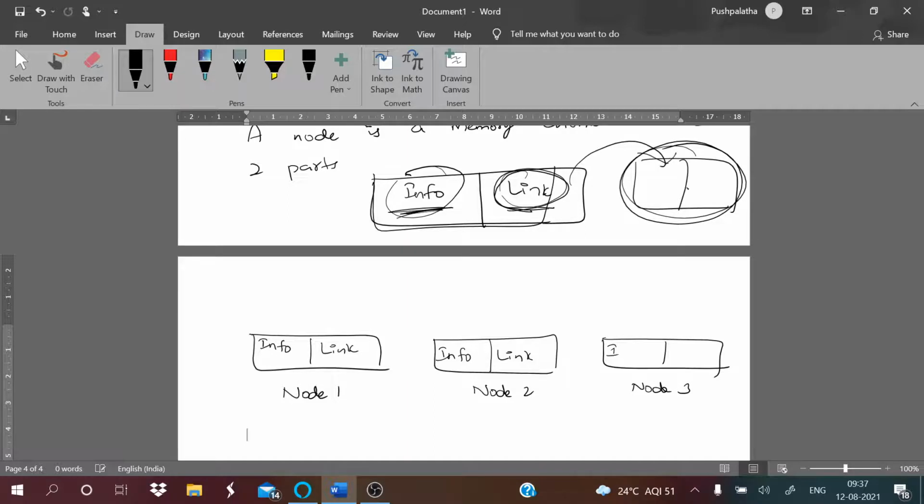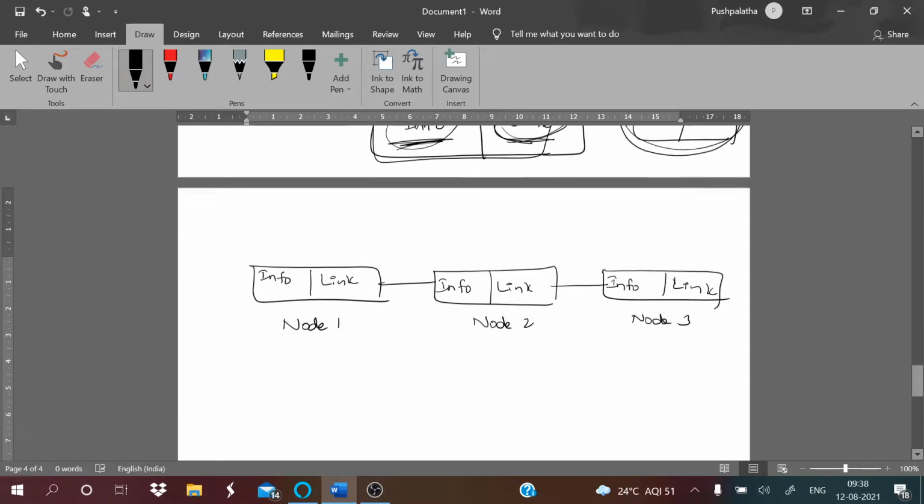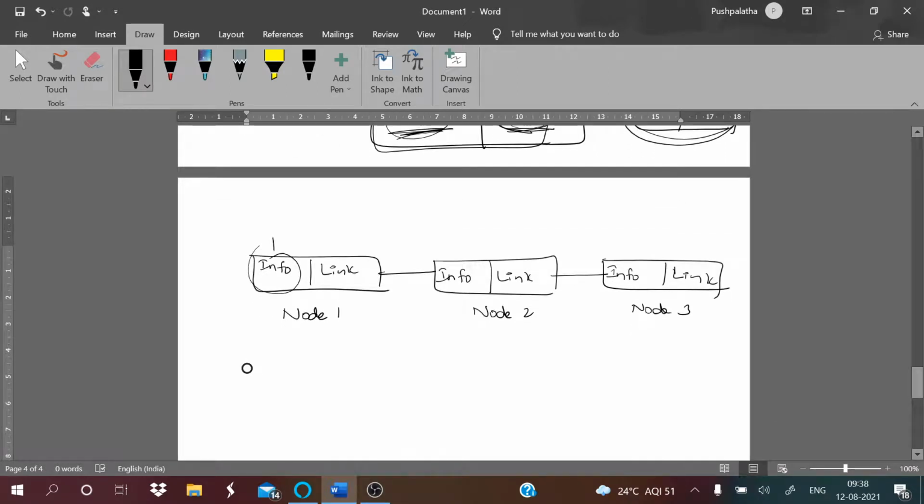This contains your info and link. This is how you are going to link the lists. So, as we said, this is the data. If 10 is stored here, this is the address for the next node, and this is the address for the next node. If it is the last node, it will not have the address of another node, because that is the end of the list.